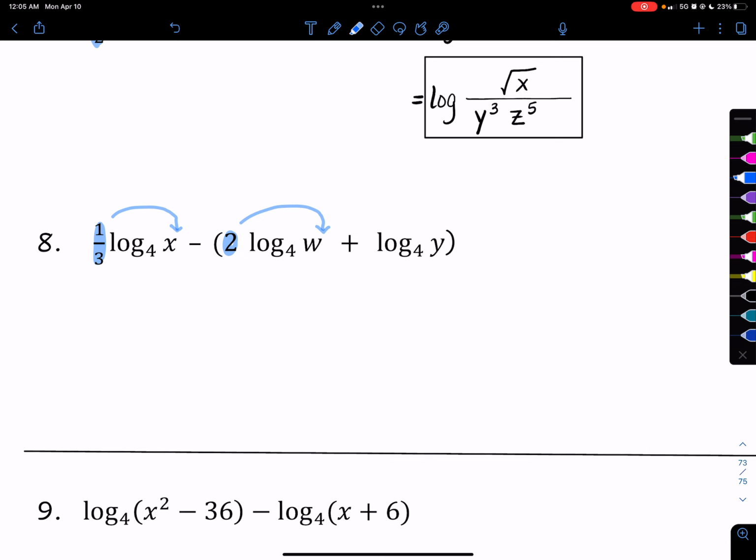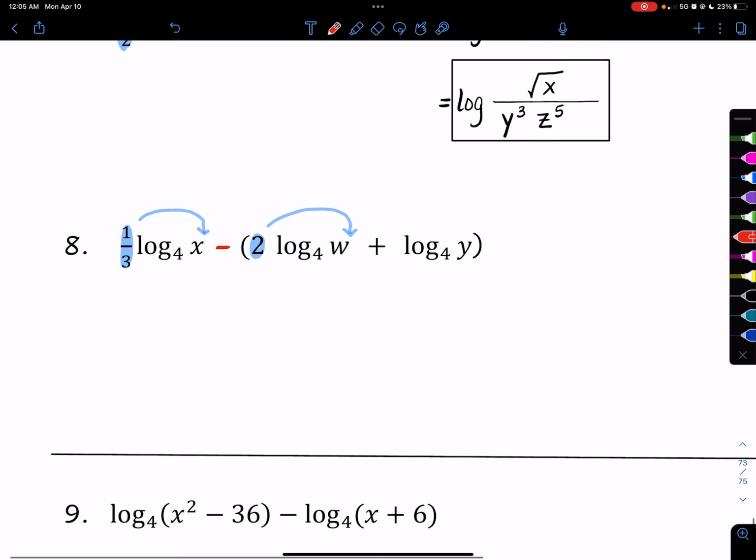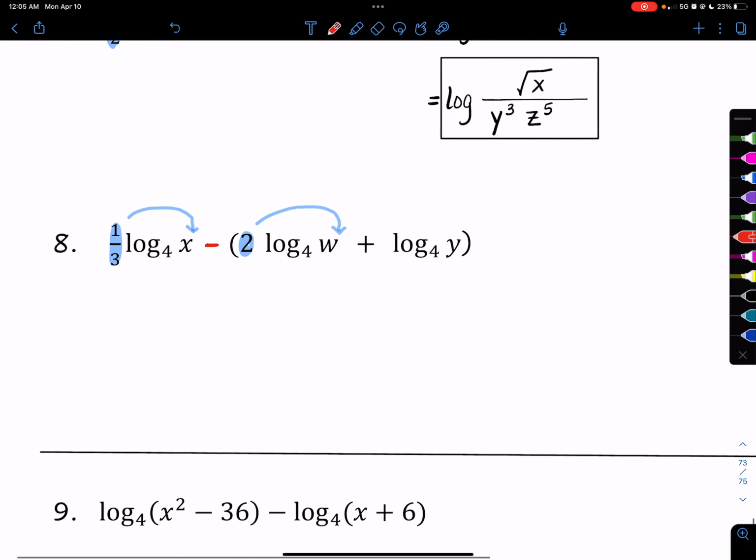So what I wanted to point out is there is a negative sign right here. That negative gets distributed to everything following it. So this would be a negative 2, and this would be a negative log. Even though this one has a plus in front of it, a negative times a positive will make it a negative. Okay, all right, so let's go ahead and write it out first off,